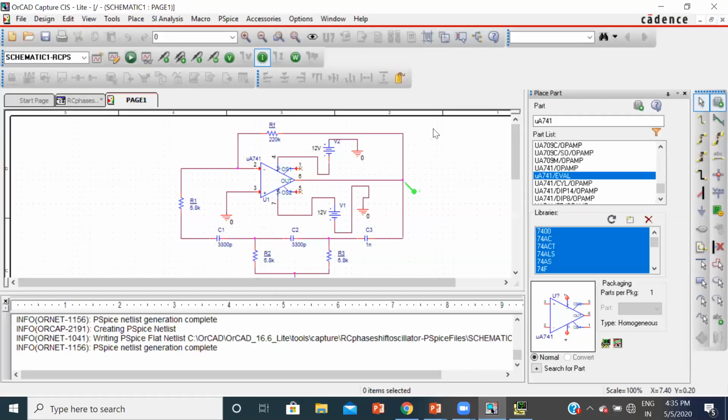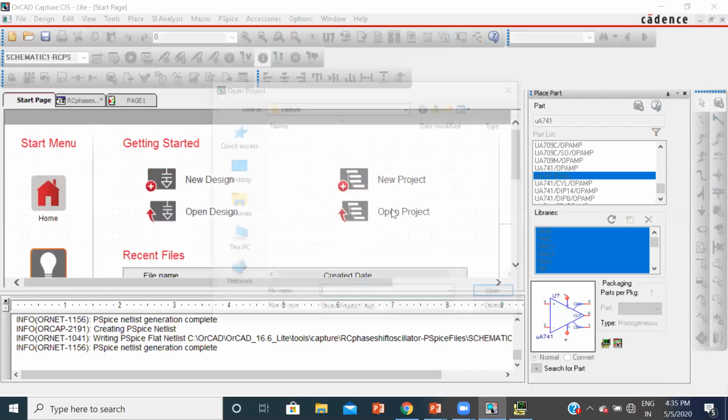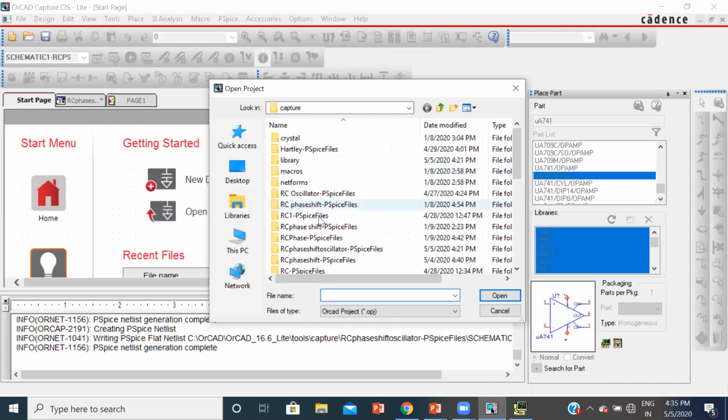So here, this is the fourth pin and the sixth pin. It is correct, 6.8K. I had already done this, so I'll show the output of that.